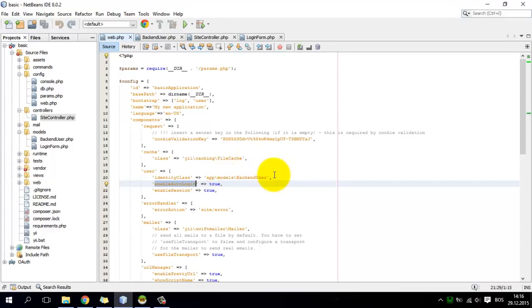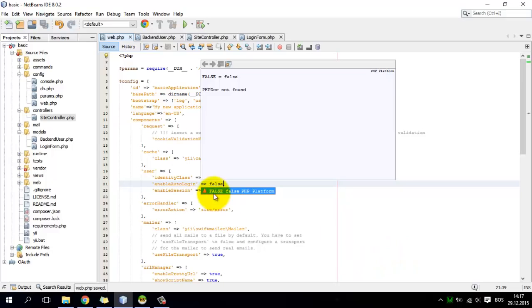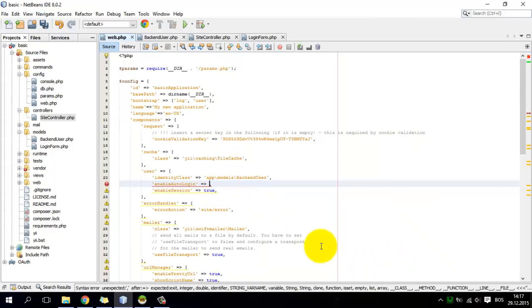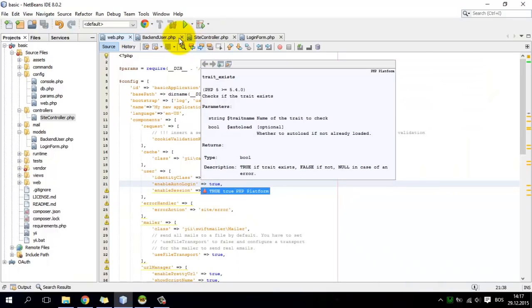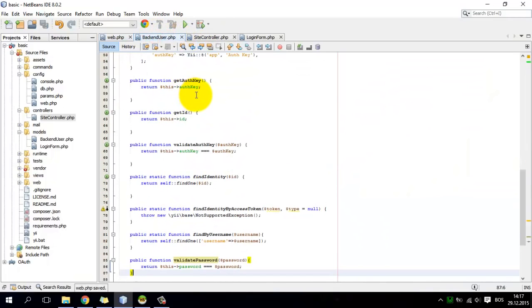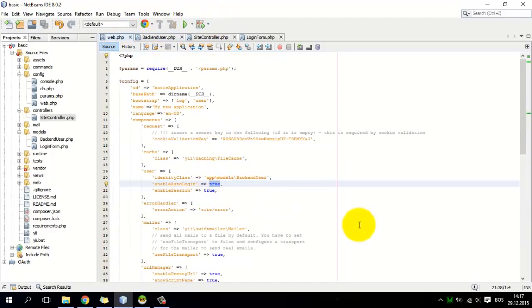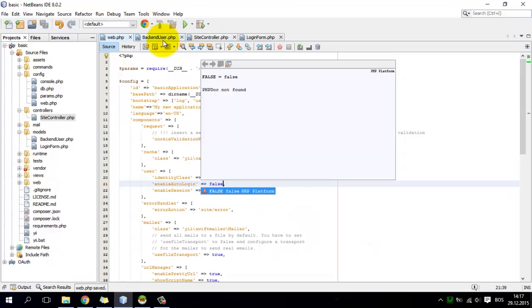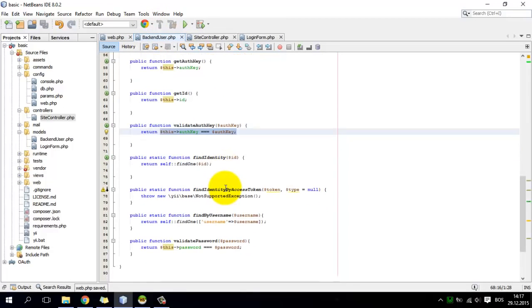Okay, but enable auto login is now not supported because I have to set this field now to false. Okay, if I want to preserve this value as true, then in the backend user, in validate authorization key, you can return true or something, but this is not good. This is a security issue and don't do it. So here I want to say, okay, enable autologin to false, and in the backend user I can